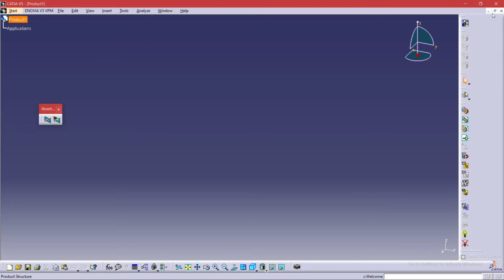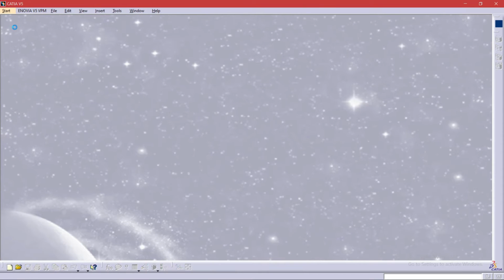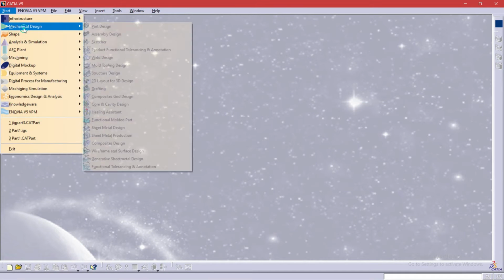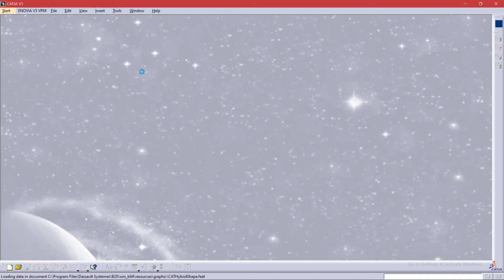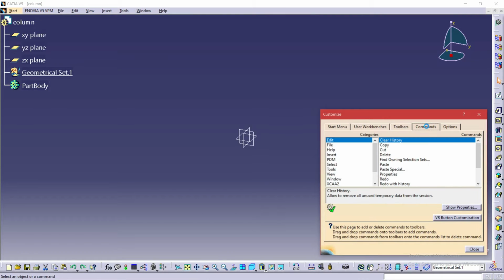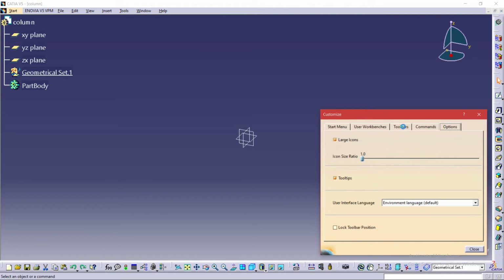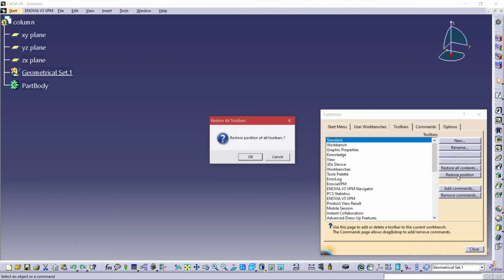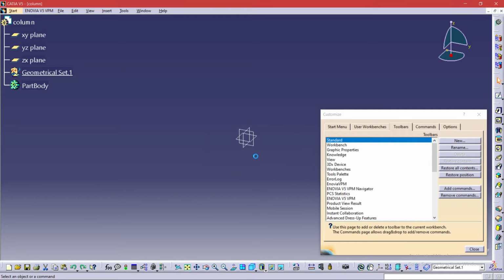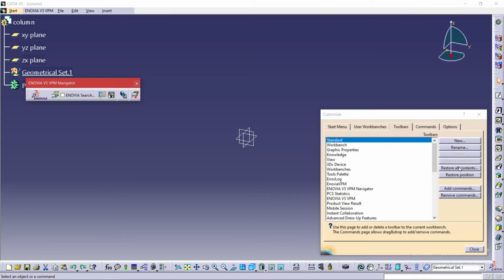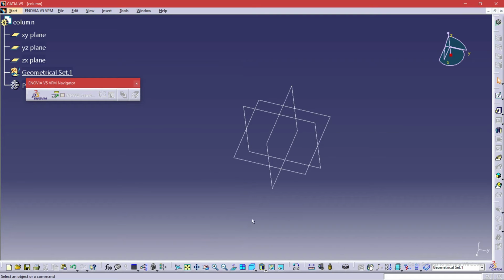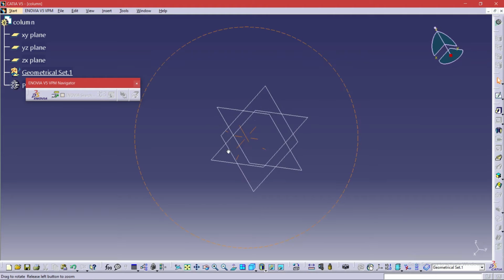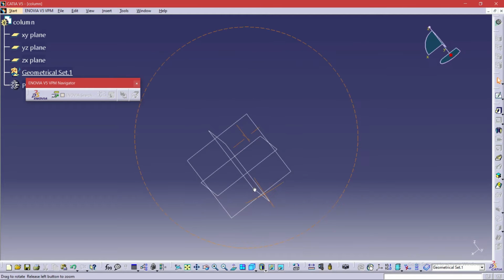Hello guys, today I'm going to show you how to do the initial settings in CATIA V5 R20. These initial settings are very important to customize all the commands that are present in your CATIA. Sometimes the commands get excluded from the CATIA workplace. To bring them back, we need to customize it, or otherwise just reset all the preferences so that it can come back to the same exact position.